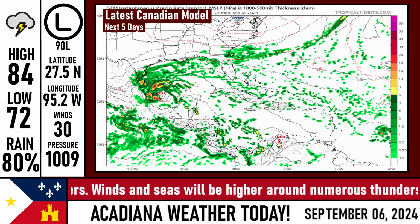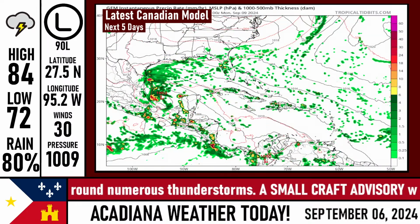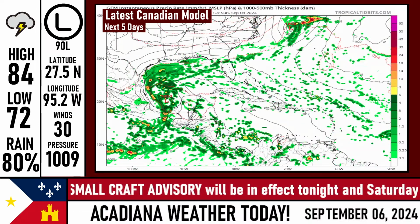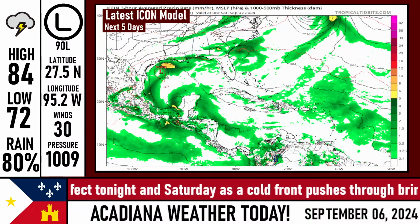Canadian model has been a little more aggressive with this. Again, keeping the low along the Texas coast, dropping it southward, grabbing some moisture from the tropical wave, and then more of a westward movement toward Mexico. But the remnants bringing some heavier rains possibly there along the central and upper coast of